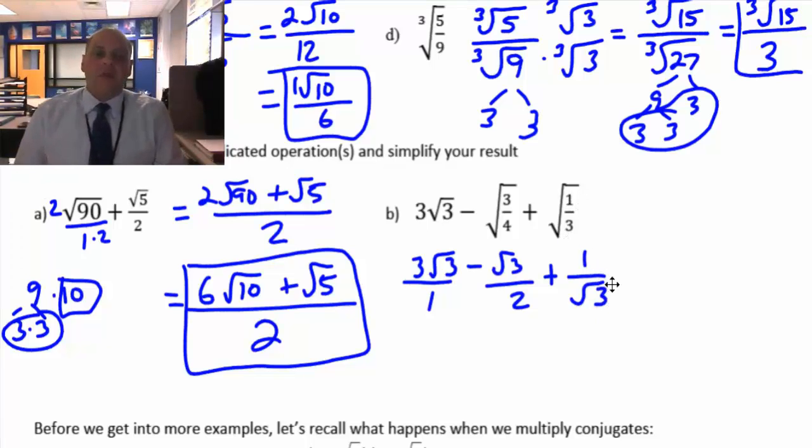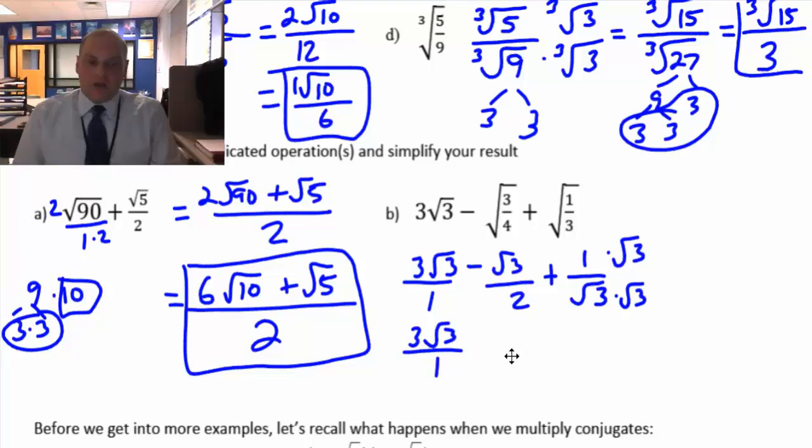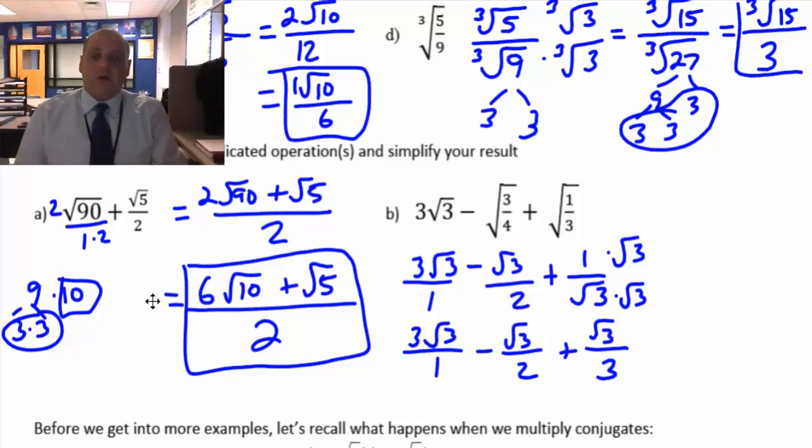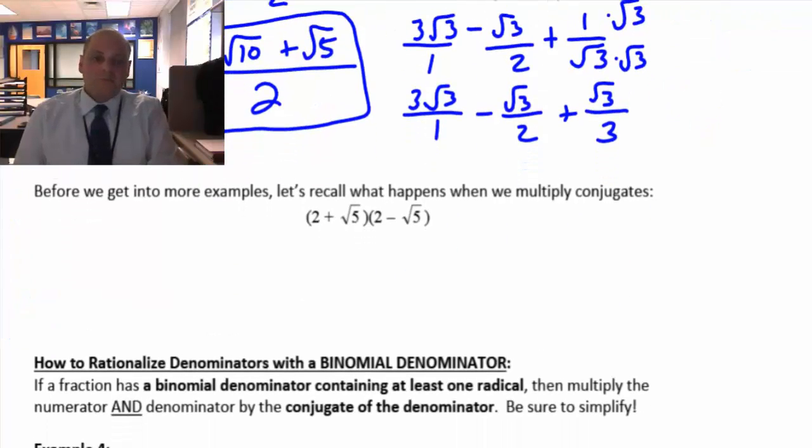Now here's the problem. We have this rationalizing we want to do here. So we're going to multiply by radical 3 over radical 3. So we have 3 radical 3 over 1 minus radical 3 over 2 plus, now we have radical 3 over 3. Okay, we rationalized our denominator,